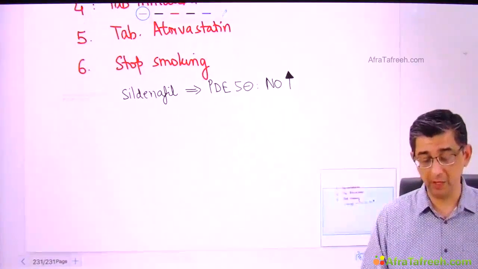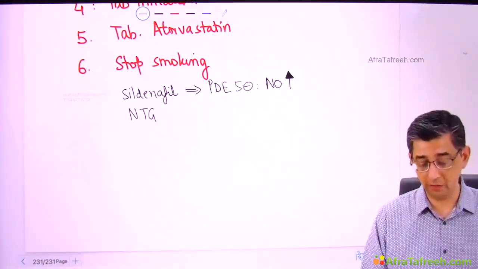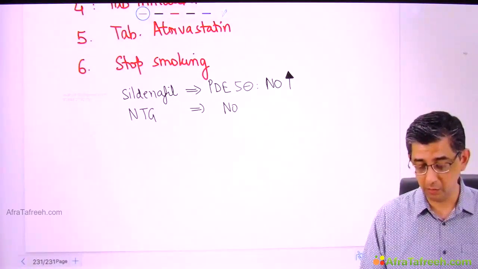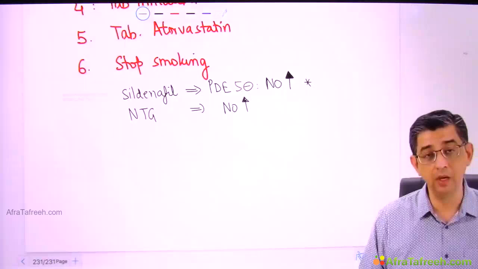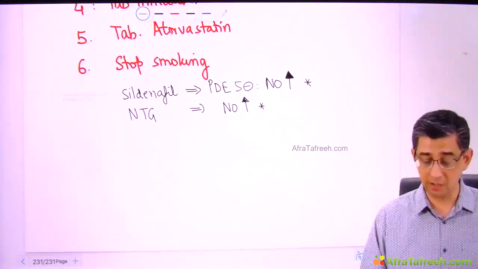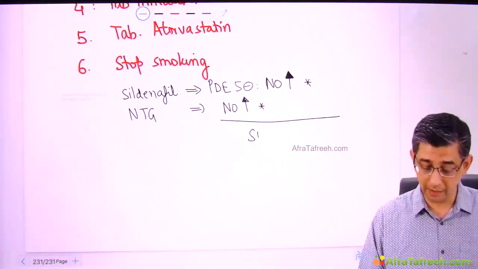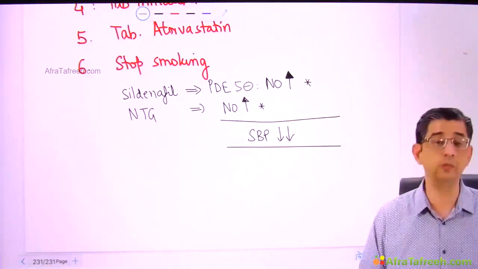Now, the point is, if you are going to give nitroglycerin in the same chap, the nitroglycerin acts how? It will further contribute to more nitric oxide in the body. Already there is more nitric oxide due to sildenafil, no? If he's gonna use nitrates as well, you are gonna cause a substantial increase in nitric oxide, and nitric oxide is a vasodilator. It can cause crashing of the blood pressure.